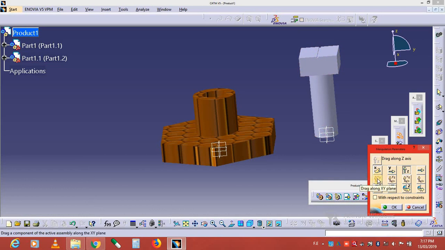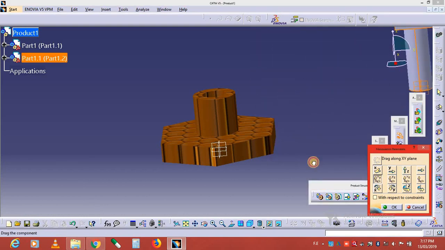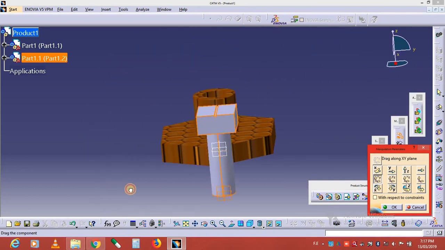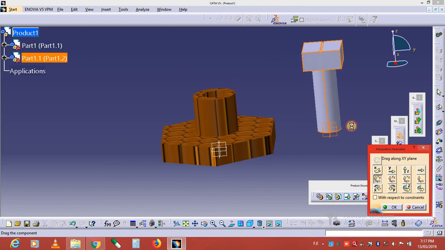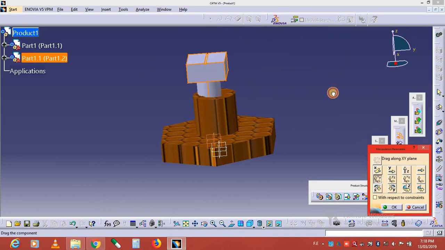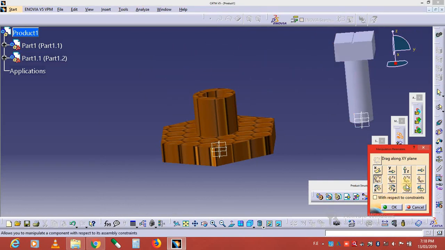So we use the XY plane to move this part. Here you go, XY plane. This is moving along the XY plane. So moving along the YZ plane, Y and Z, this plane. So we're moving along the YZ plane and moving along the XZ plane